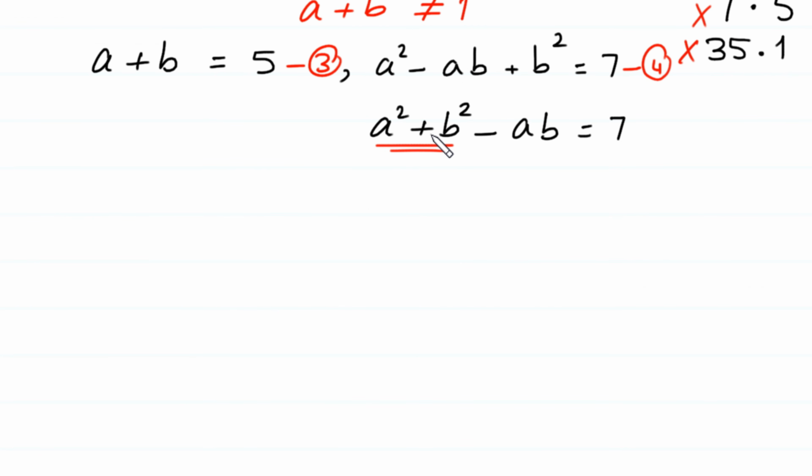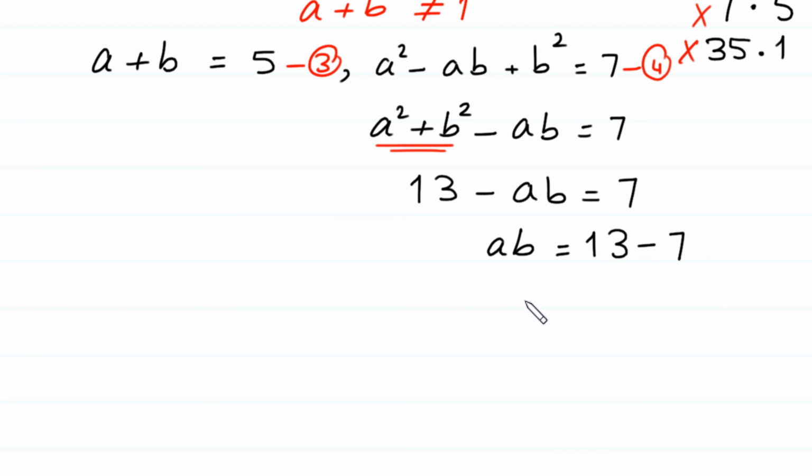The value of a square plus b square is 13, minus ab is equal to 7, and we move this minus ab to the right side and this 7 to the left side. ab is equal to 13 minus 7, and ab is equal to 6. Now to find the values of a and b, we need to find the value of a minus b, and